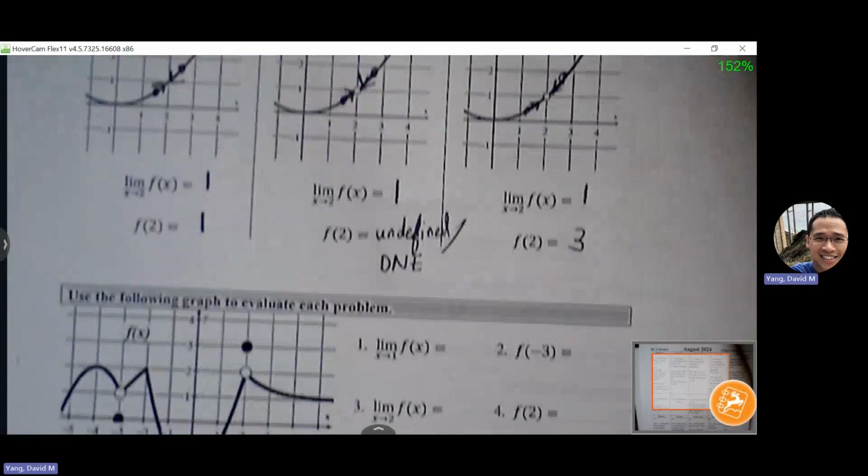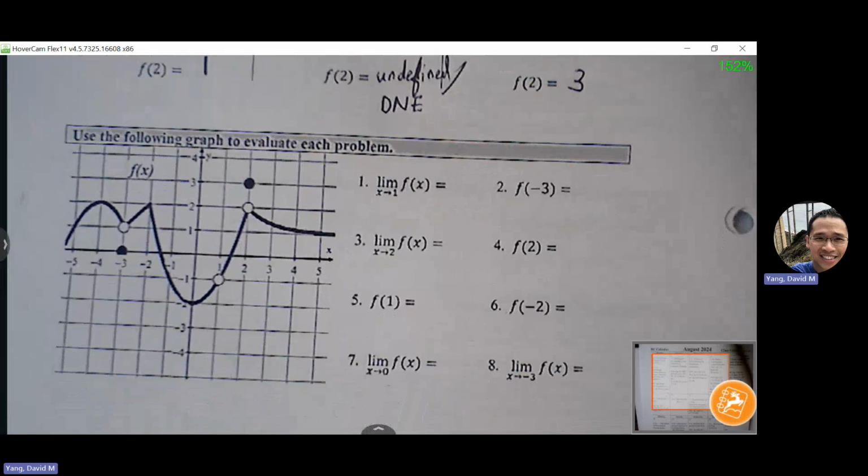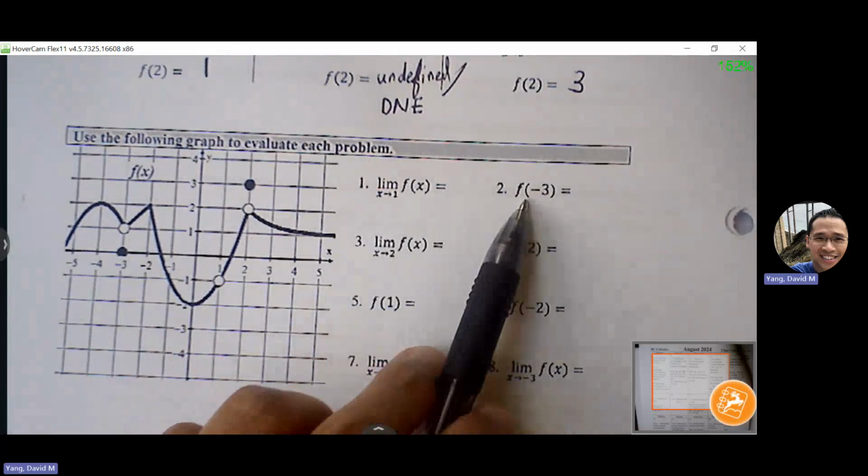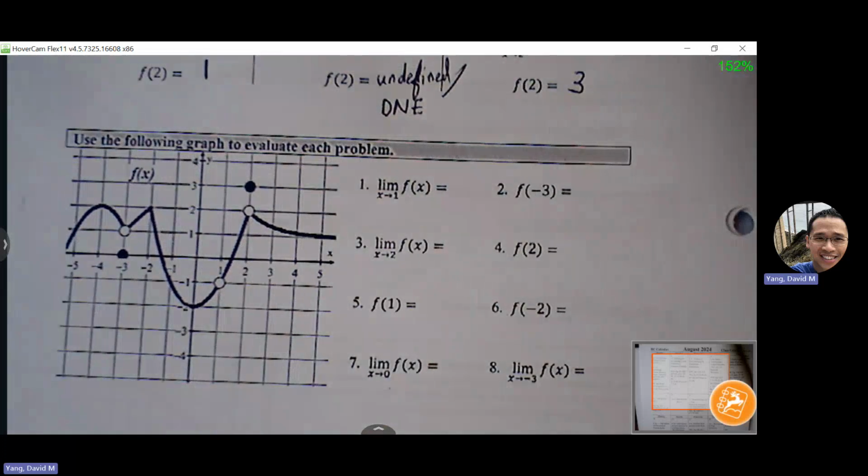All right, so let's see if we can try these problems here. You're either going to find the limit or you're going to find the ordered pair. And then for limit, again, practice picking 2 points on both sides of your target and then draw an arrow towards your target. If you could convince yourself that your arrows are pointing towards the same destination, then you know for sure your limit exists. But if your arrows are not pointing to the same destination, then you can say your limit does not exist.